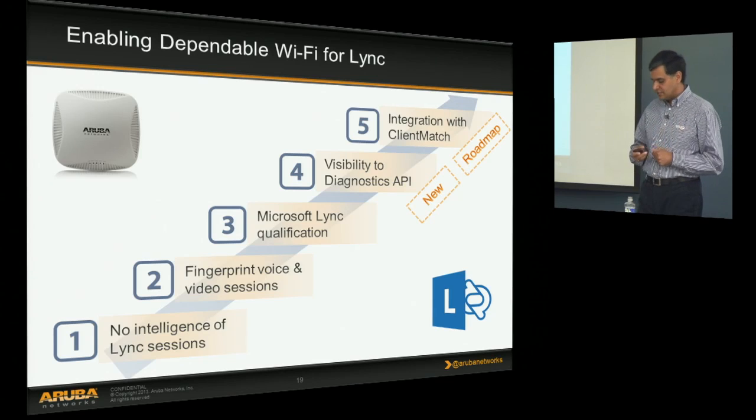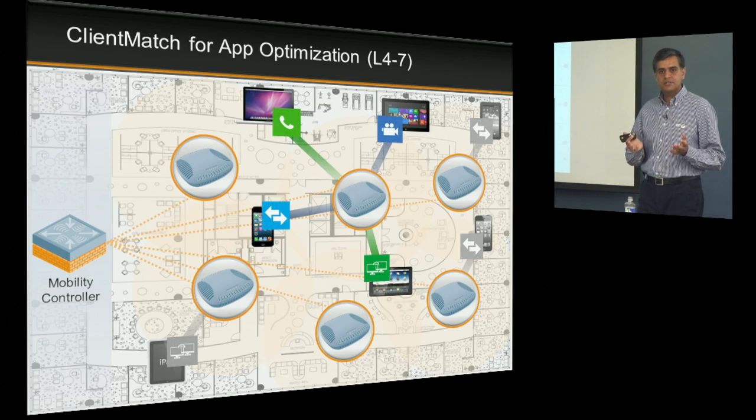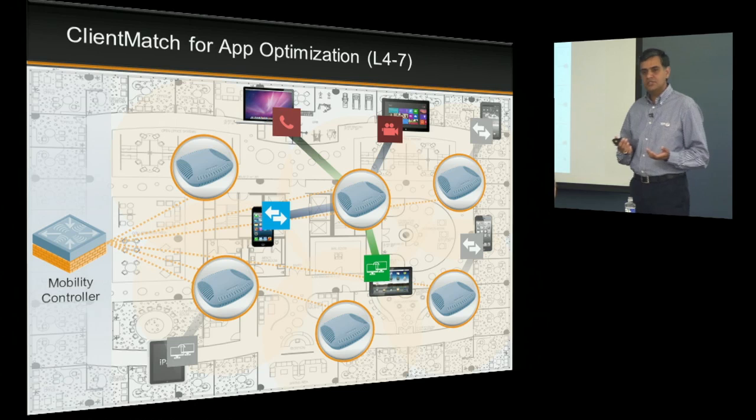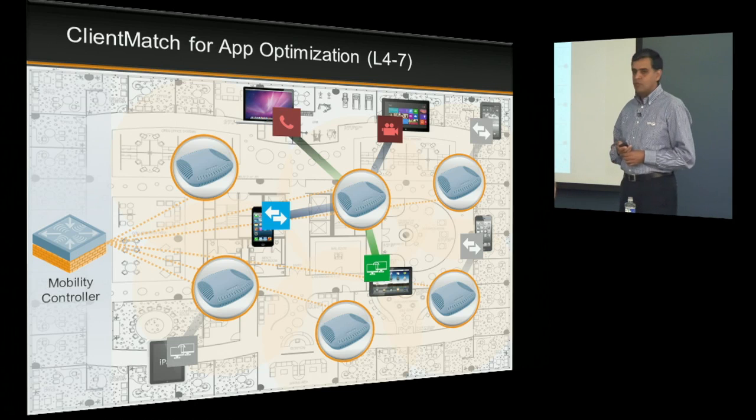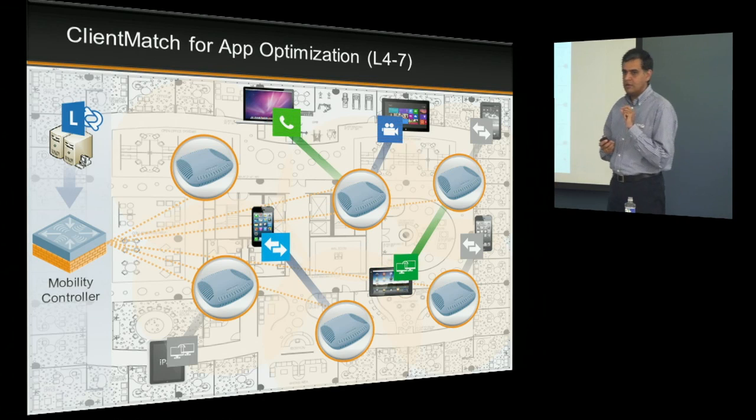And the effect of this is something like this. Let's say you have a set of Link calls, Link sessions on a given access point. In this particular case, I'm showing you there's a voice, video, desktop share, and a file share happening from 4 different devices on the same access point. At this point, if the voice and the video starts to misbehave, what will happen is the Link server in real time will update the controller and tell the controller these sessions are experiencing a lower MOS score or R